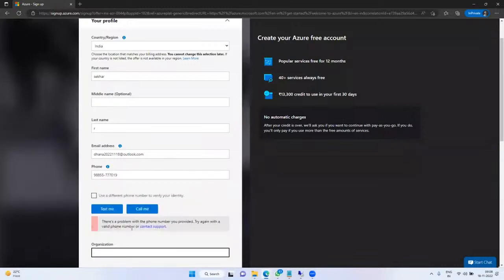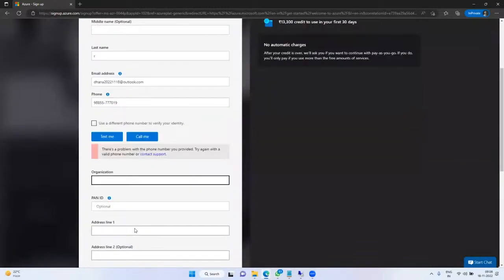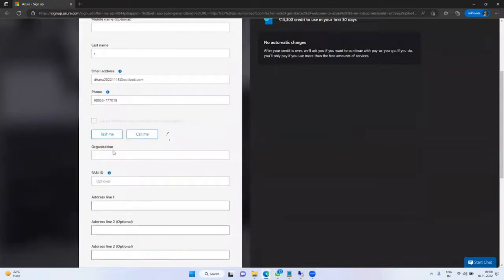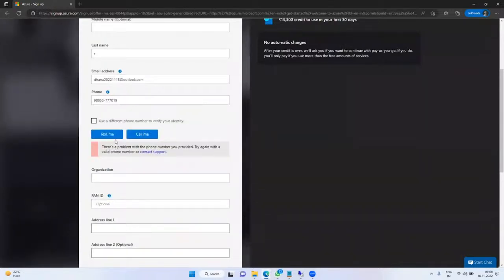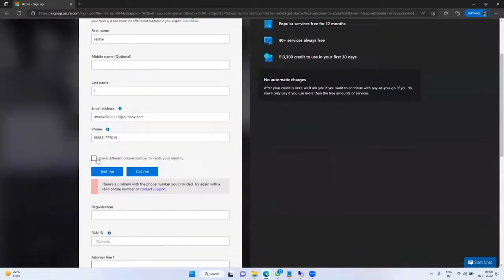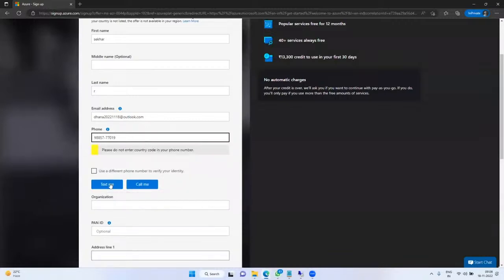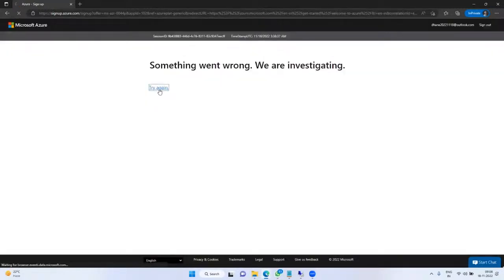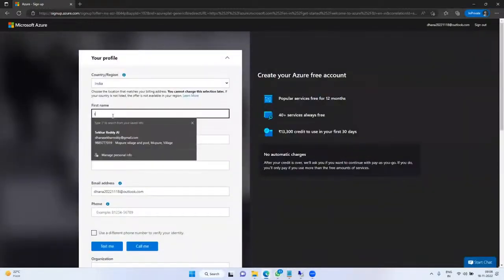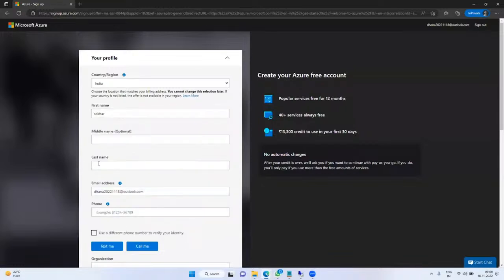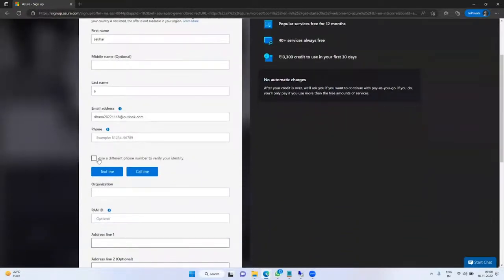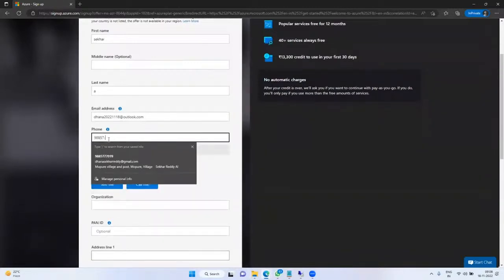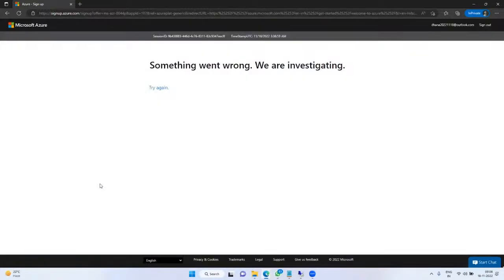You will get a text with a 6-digit OTP. First name Sekhar, email ID, mobile number, text.